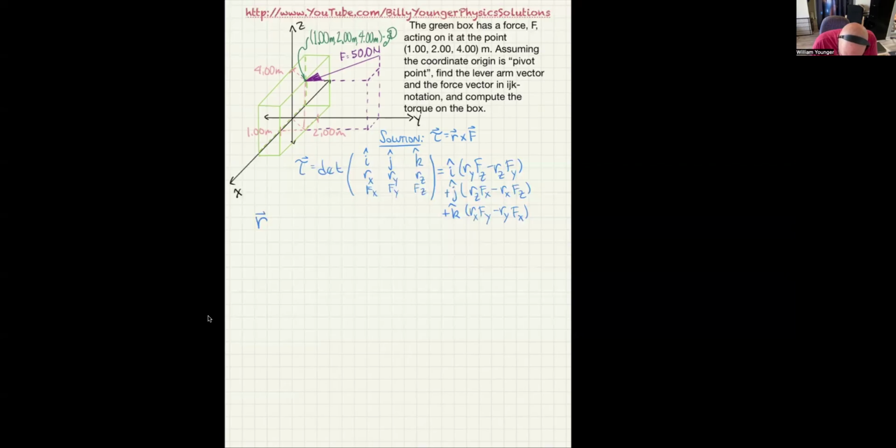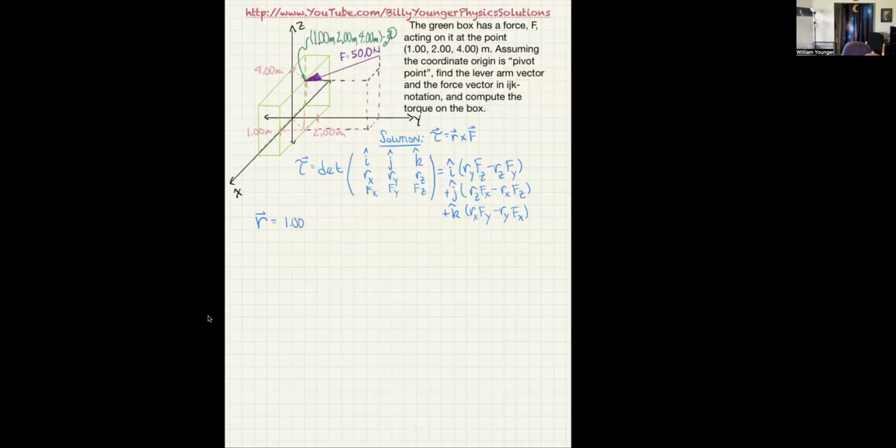The r vector, in fact, has, as I showed you here, we're going to go from the origin, which is the pivot point, forward 1.00 meters in the positive x direction. I'm going to hang a right and go 2.00 meters in the positive y direction. And then I'm going to go positive 4 meters in the z direction. So that means our vector is